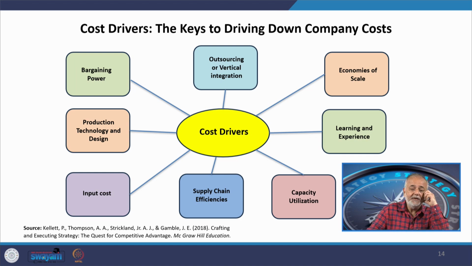Capacity utilization. Many times several organizations put up larger plants, but because they are unable to develop a market for themselves, their capacity is underutilized, and that again increases their costs in terms of 2-3 elements. Just to enumerate, one, they are not using their capacity, so that is again a cost, because machinery definitely has to depreciate. So, that has a cost. You have hired people to produce X number, but because the market demand is not there, they are producing Y number. So, the capacity of people is also underutilized.